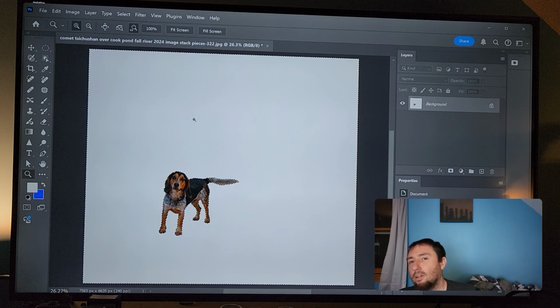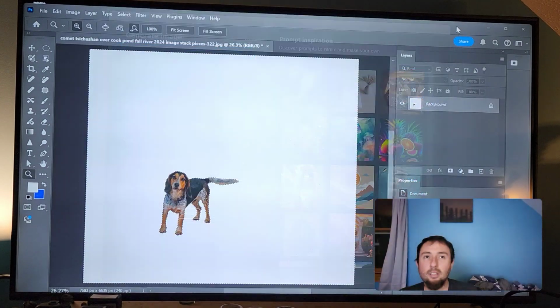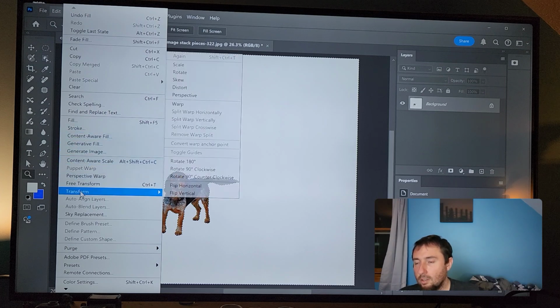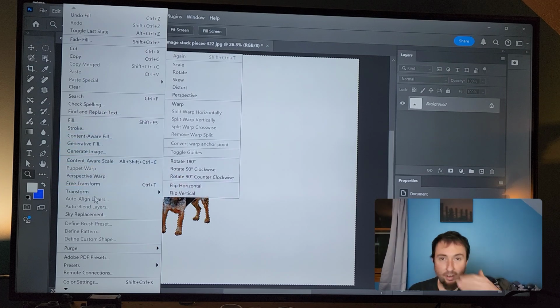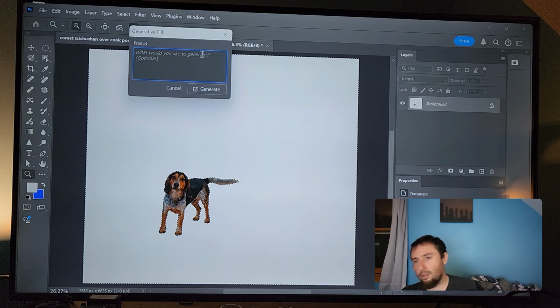So right now we're going to create another cool option here. We're going to try something new now that we have a whole new size. And we're going to generate... No, generating image will actually recreate an entire image. And then what I would probably do is select the subject, the dog, and put them into the other image that I'm creating, because you can put multiple images up here and kind of work with them, you can make one semi-transparent. You can start layering a whole bunch of different picture parts together. It's pretty much endless what you can come up with. So generative fill is what we're looking for.